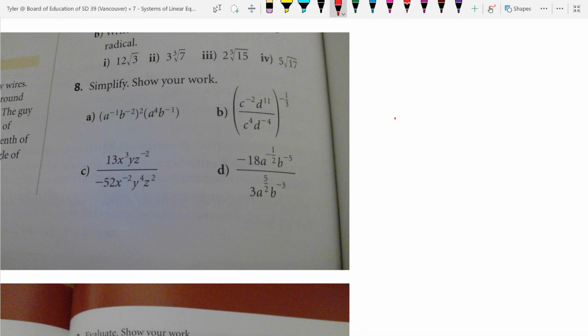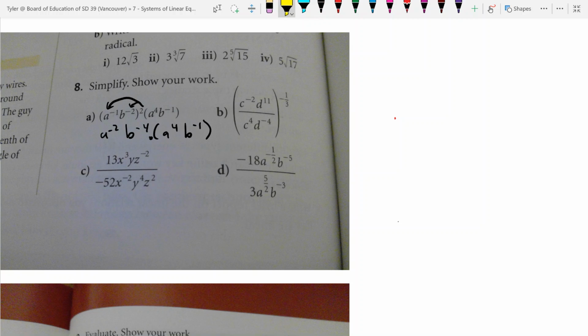All right, we're gonna go through a bunch of exponent questions. Let's do this first one. What we're gonna do first is apply this exponent to all the things inside. So it's gonna become a to the negative 2, b to the negative 4, times a to the 4, b to the negative 1, right? Then we have multiplication. When we do multiplication, the way that it works is that we have to actually add